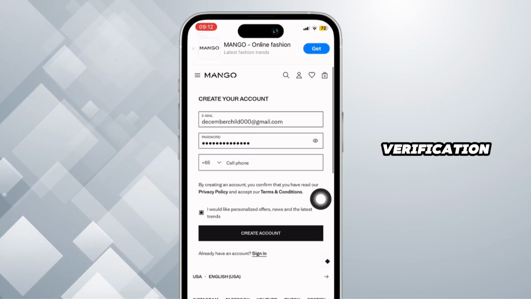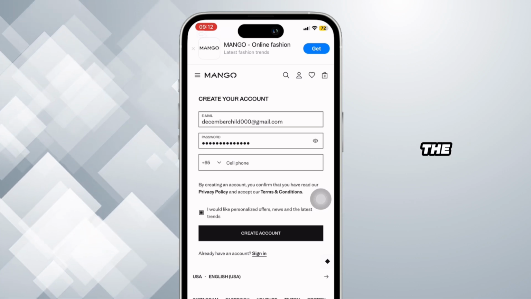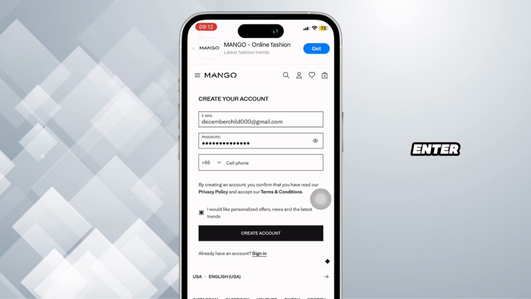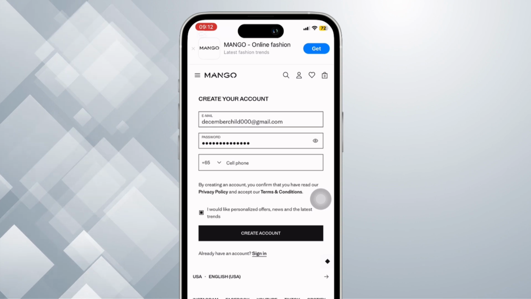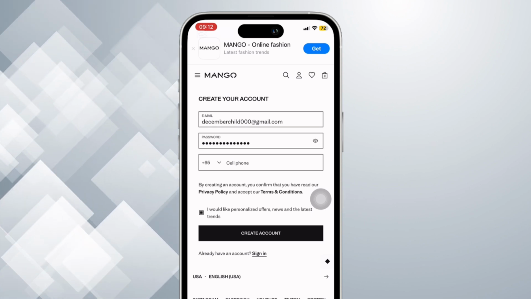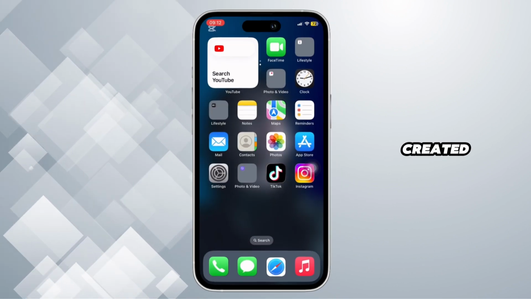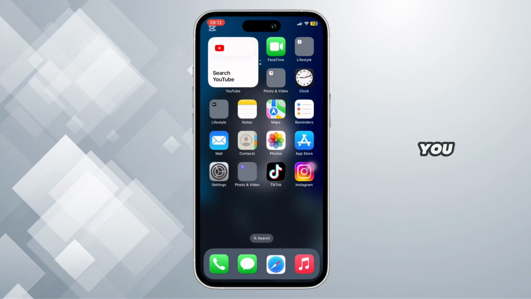You might receive a verification code on your email address or the number. You have to copy that code and enter it in the section you are asked to. Once done, click on Done. After that, your account will be created successfully. So this is simply how you can create your Mango